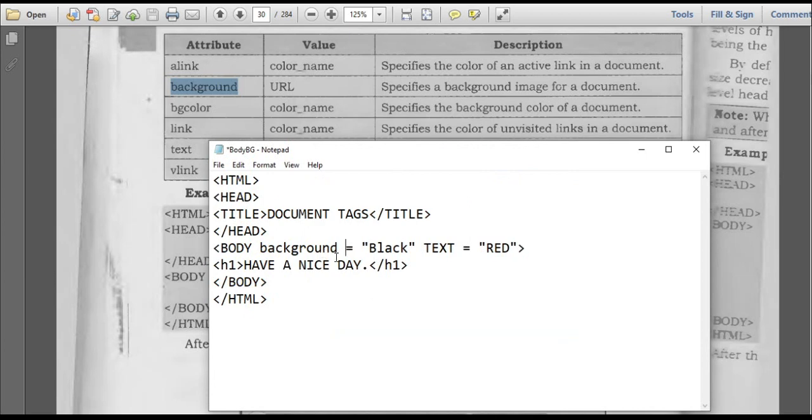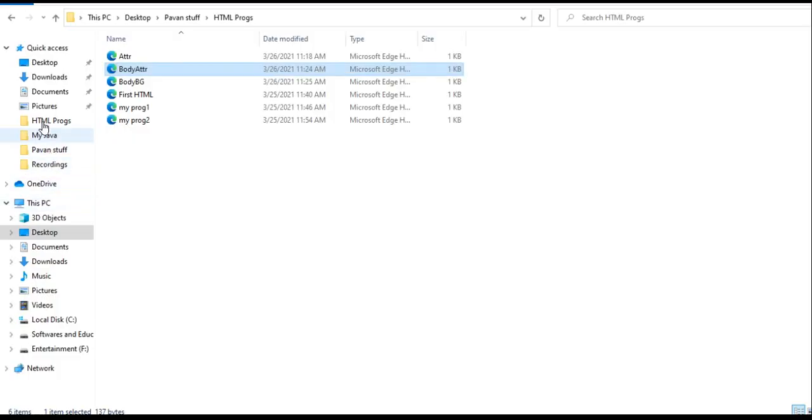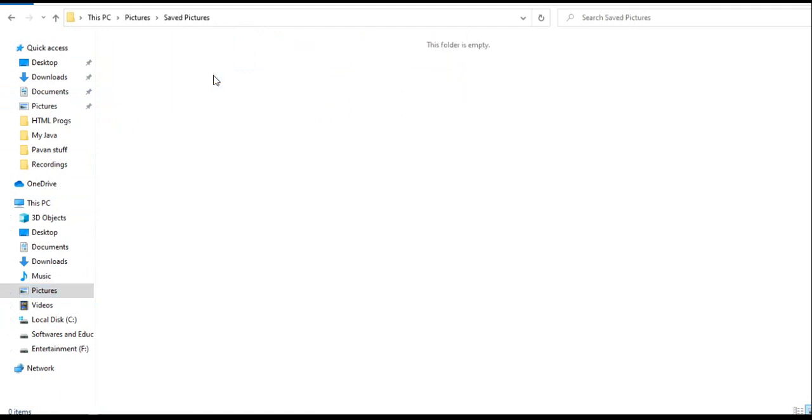Here you have to specify which background you want, and I am going with the image. Pictures, there are no pictures.